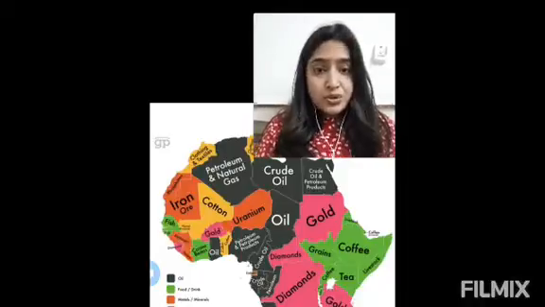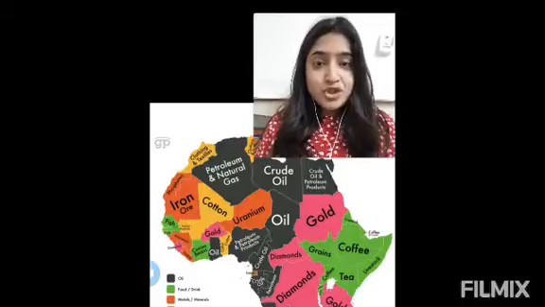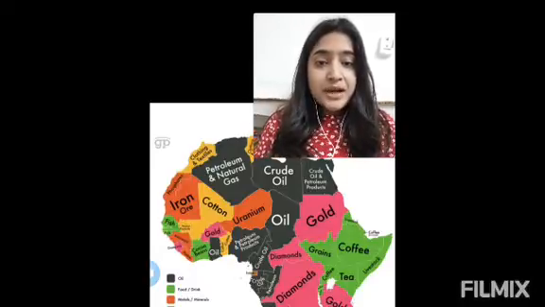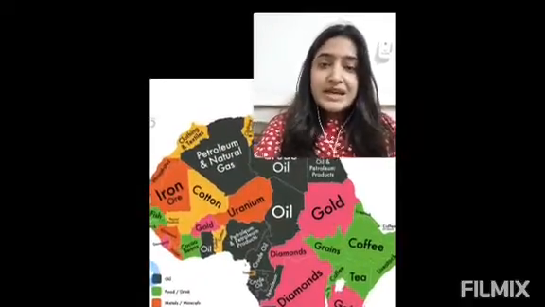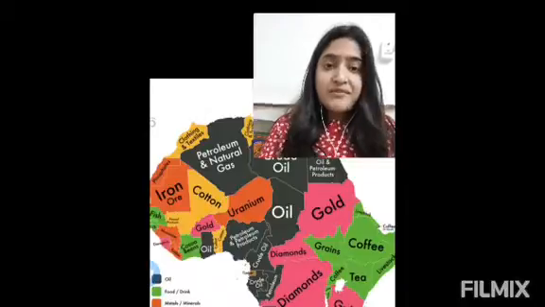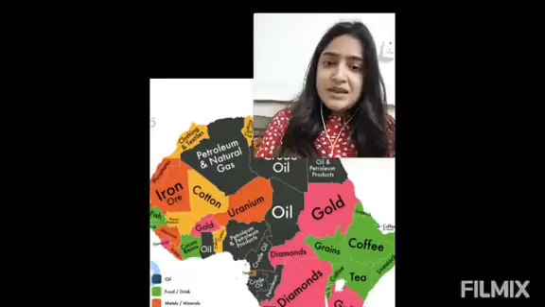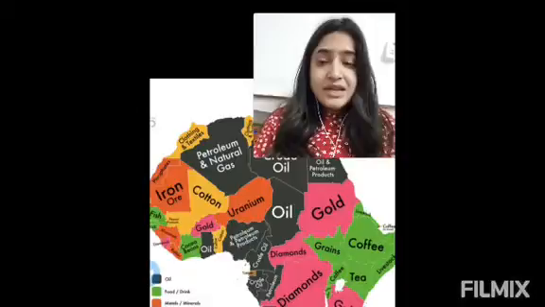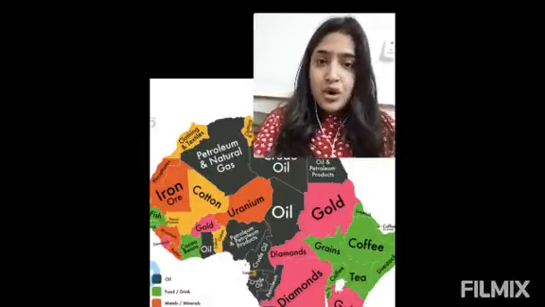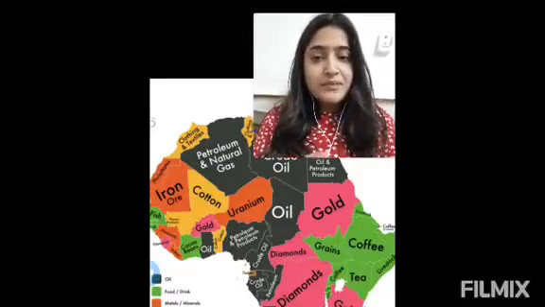Next is the resource map. Now, what is a resource map? A resource map is a map which shows the resources found in a particular area. Like you can see in this map, this is a reference map, you can clearly see this map indicates where you can find gold, where you can find oil, where you can find uranium. The similar thing we can create for our country, we can create for our state as well. We can indicate in that map where we can find all these resources. So a resource map can easily help us locate resources found in a particular area.